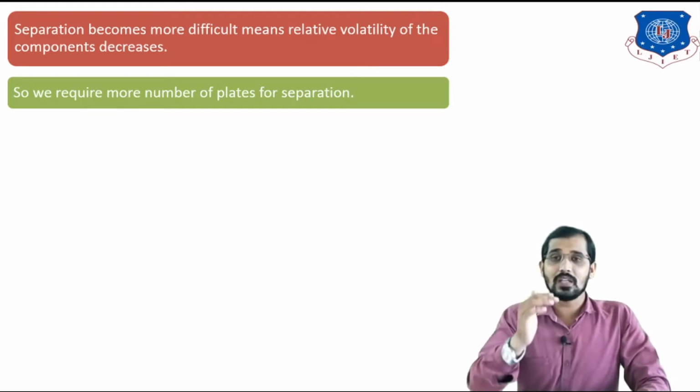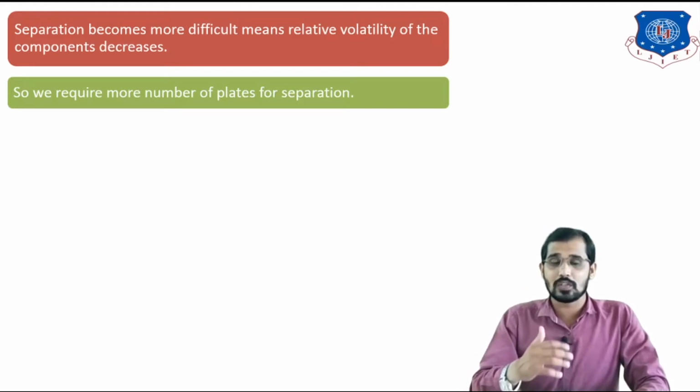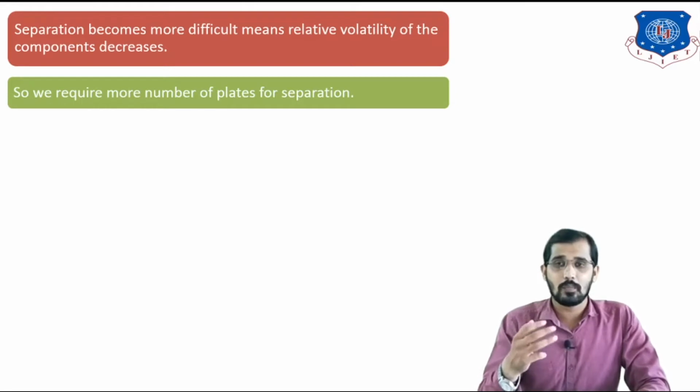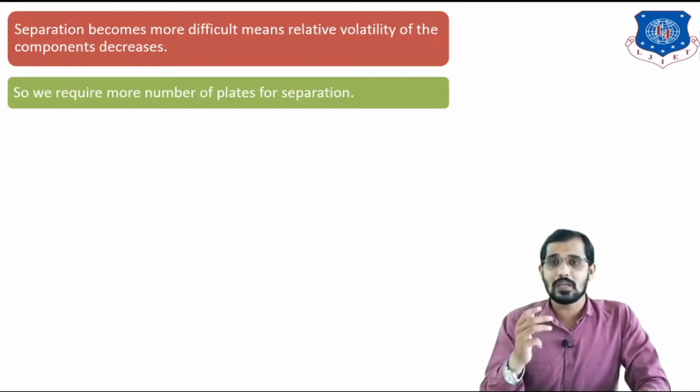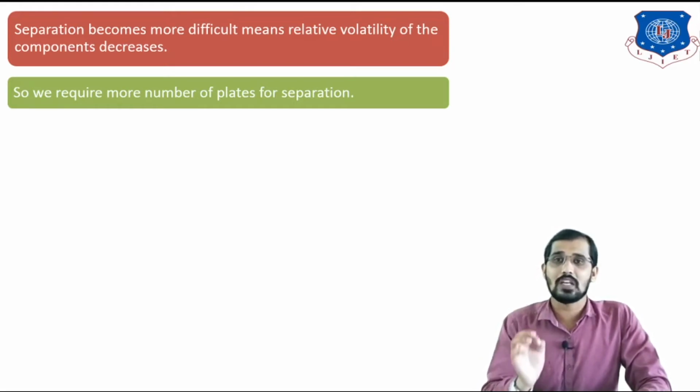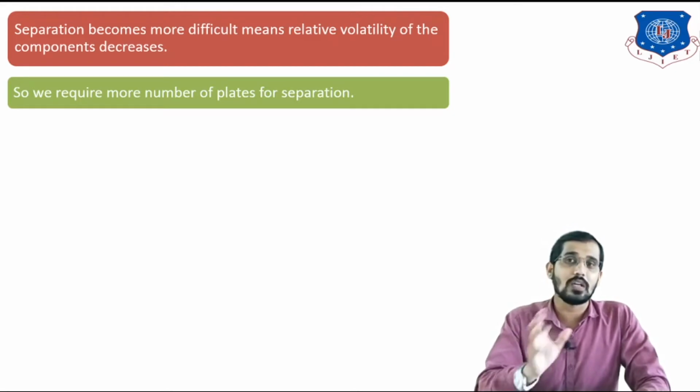So we are minimizing the pressure, so ultimately its boiling point also minimizes because we are operating under vacuum. So whatever the high boiling mixture is there, we can separate that mixture at minimum temperature and minimum pressure. So that is nothing but vacuum distillation operation. This is the impact of operating pressure in distillation column.